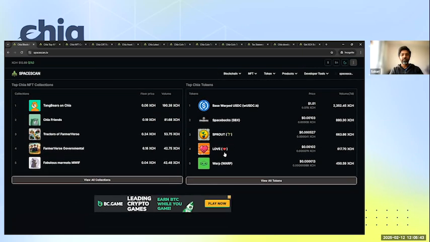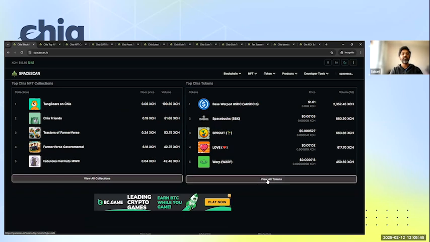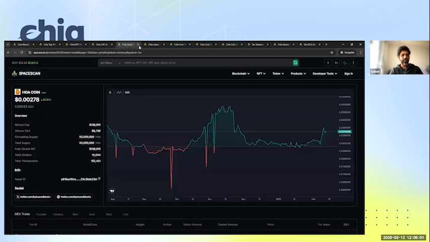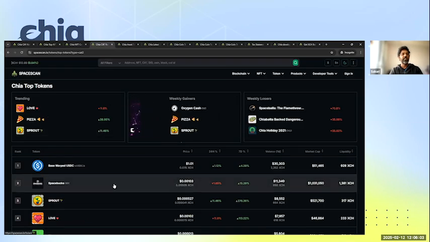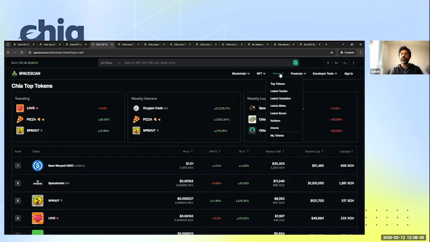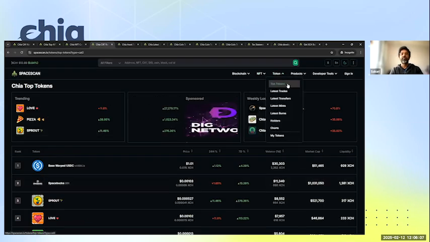So recently in Chia, we have a lot of RWA tokens coming up and a lot of the ecosystem moving towards creating and transferring tokens. So trade is becoming healthier, and we need a lot of details around it. That's why we have started building token information. We do have a separate menu for these tokens,